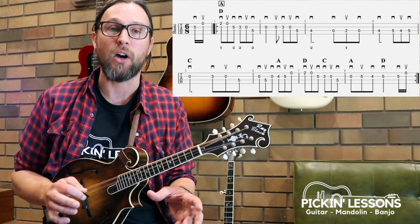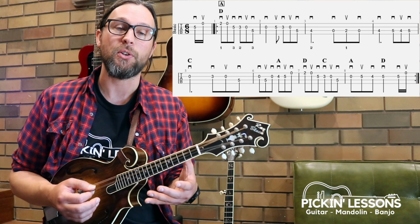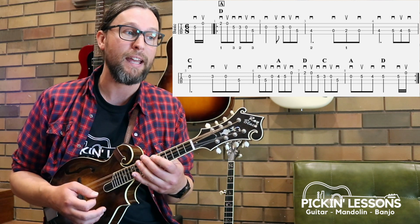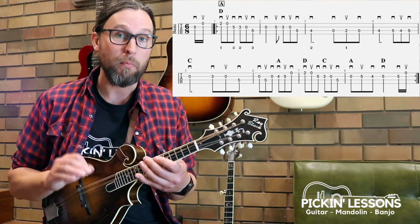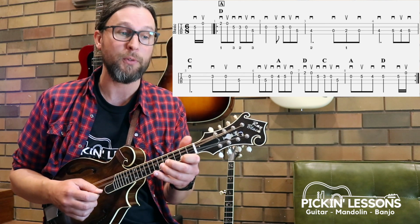Now it is 6/8 time being a jig, and what we're going to do for that time signature is really try and emphasize the 2 pulses that we have. So we have 1 and 2 and we're going to play those as downbeats, which is quite challenging because if we look at the first measure, for example,